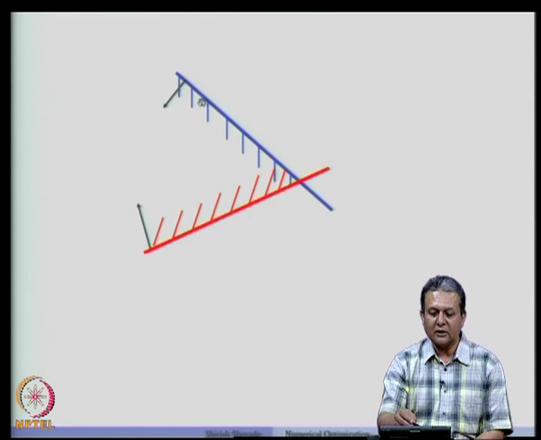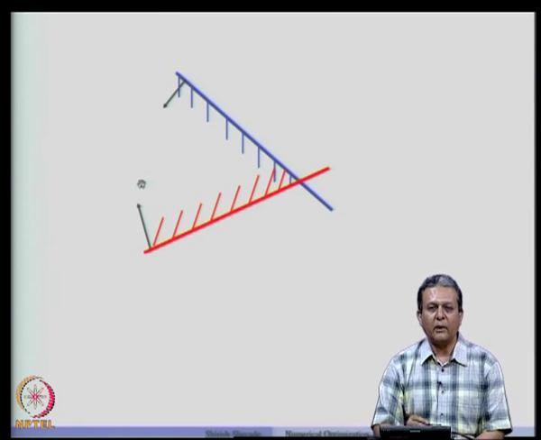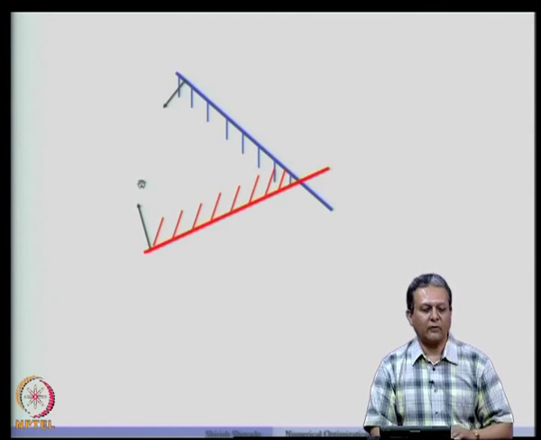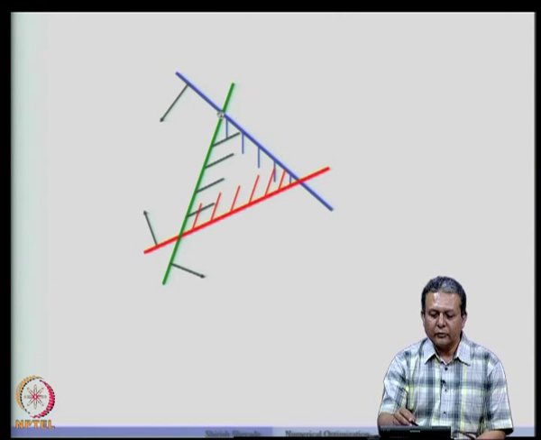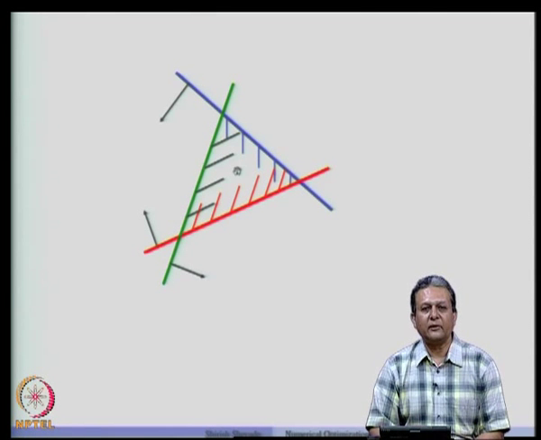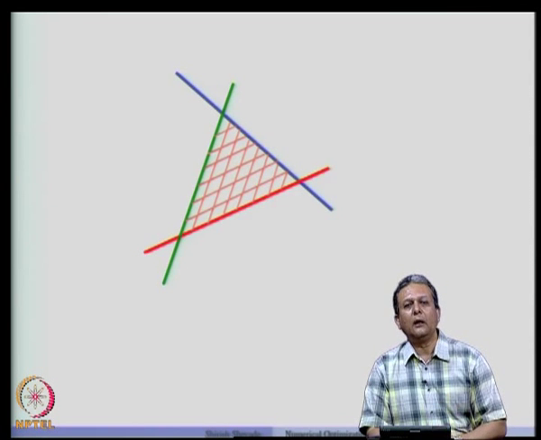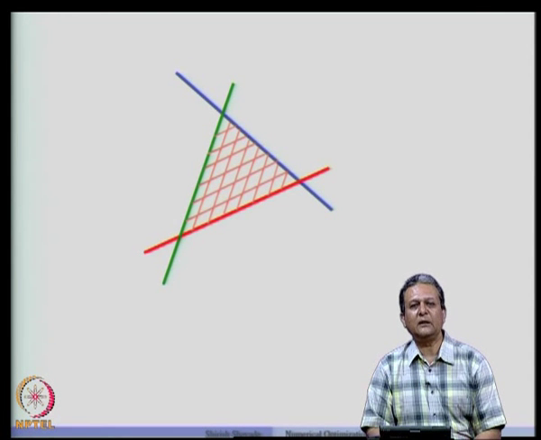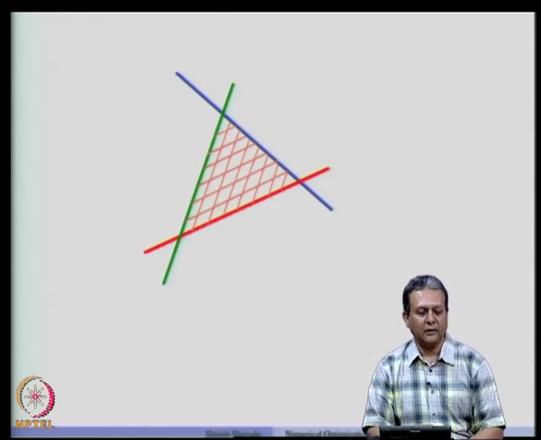Now, if we take the intersection of the previous half space and the current half space, it is basically the region between these two hyperplanes, and that also is a convex set. And if you add one more, we get a triangle in this 2-dimensional space. So, the interior of this triangle is a convex set. By using existing convex sets, it is possible to construct new convex sets, and that is illustrated here.